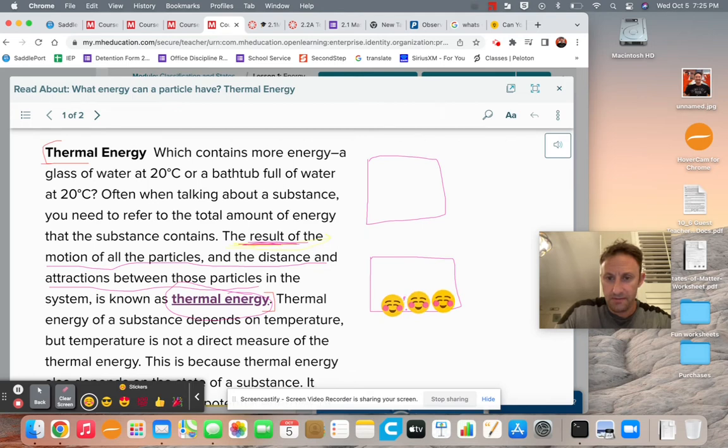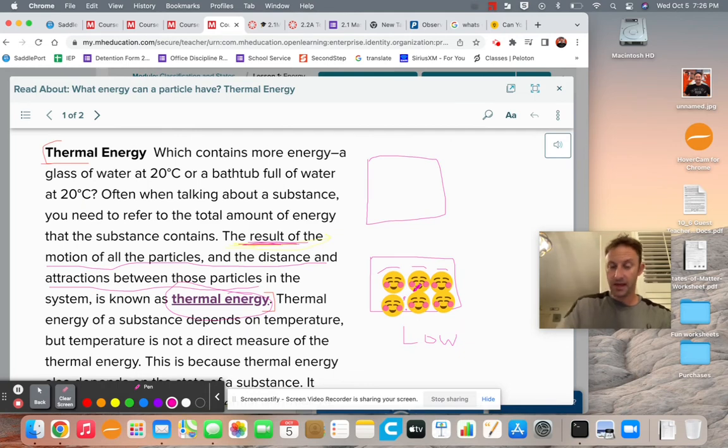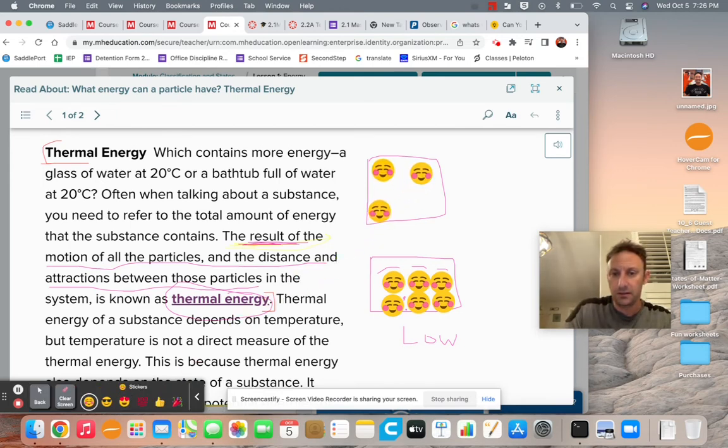Okay. So if we have this, boom, boom, boom, this little solid here, and we make them move, this is going to be low thermal energy. Why? Because there's not a lot of space between them and they're not moving very fast. You can see the spaces, you can see the lines. But over here, you can see that there is way more space in between them, and the lines show that there's way more movement. And so this would be